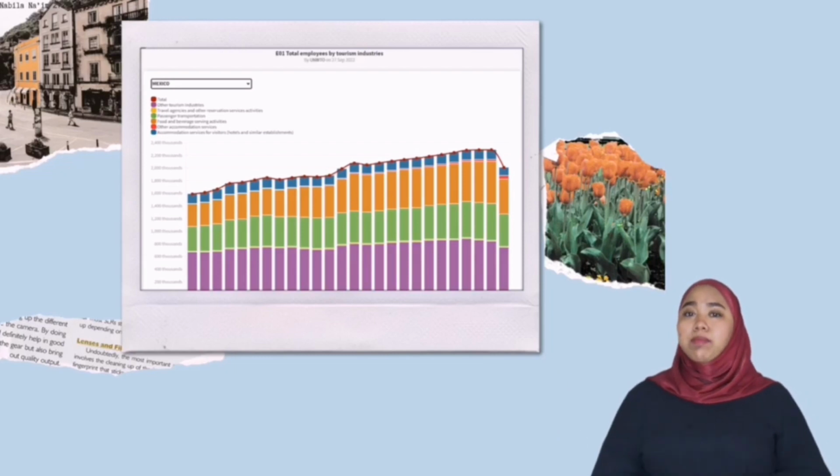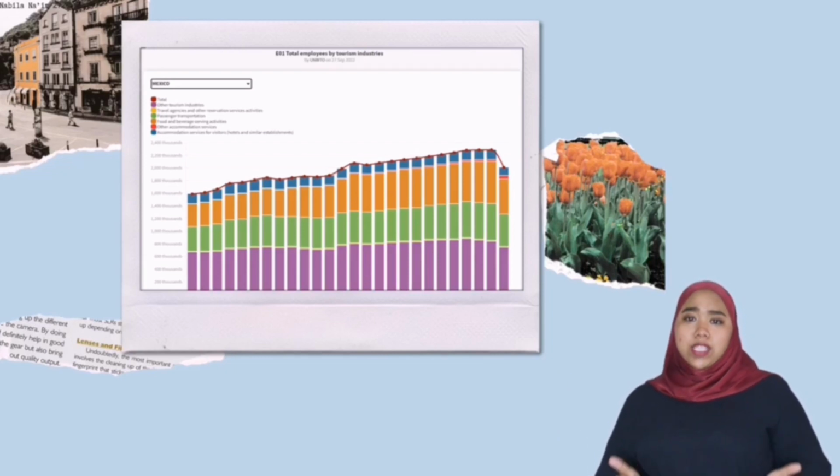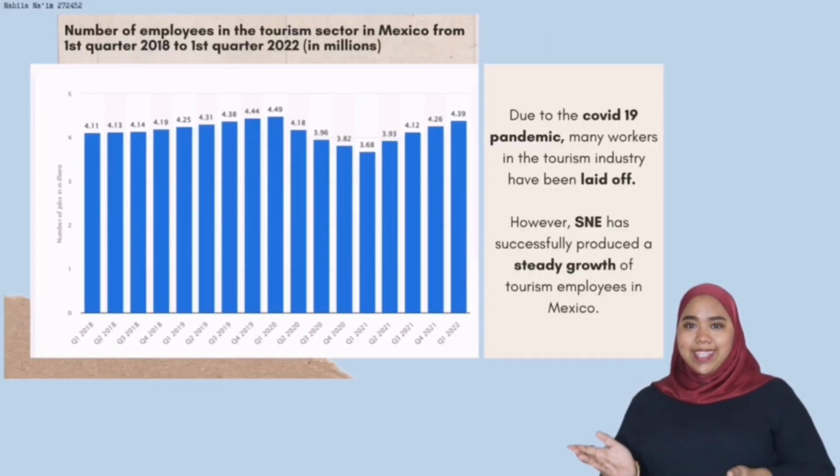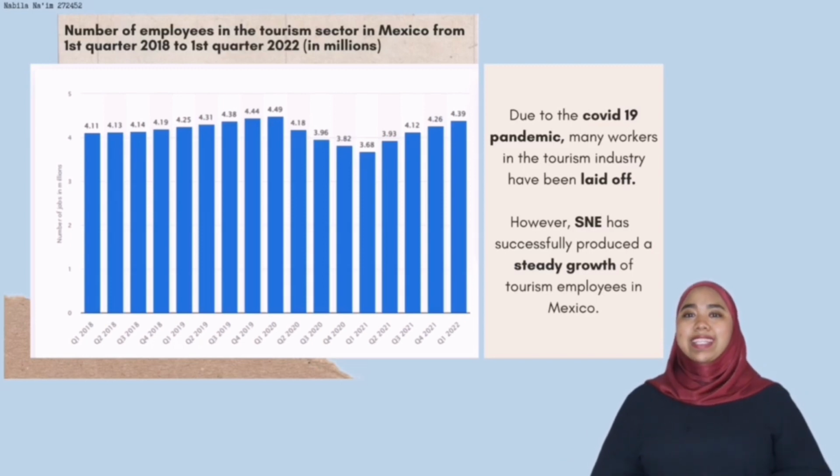This is the total number of employees by tourism industry from UNWTO. As we can see, the total number of employees is decreasing in 2022. This is a result of the COVID-19 pandemic. While this is the number of employees in the tourism sector in Mexico from the first quarter of 2018 to the